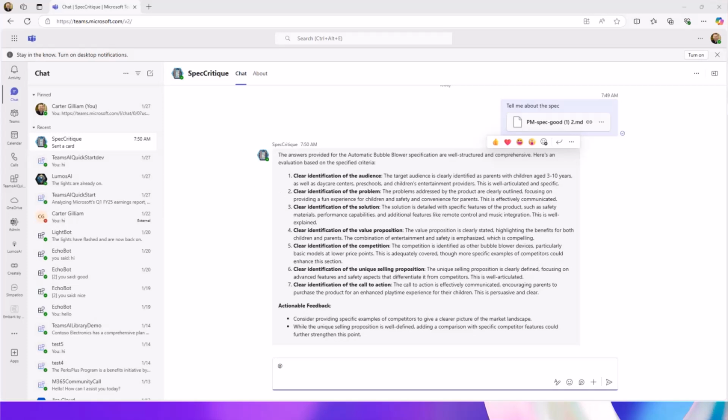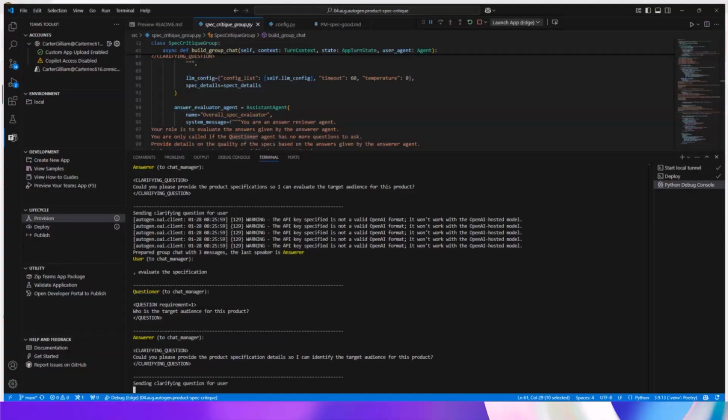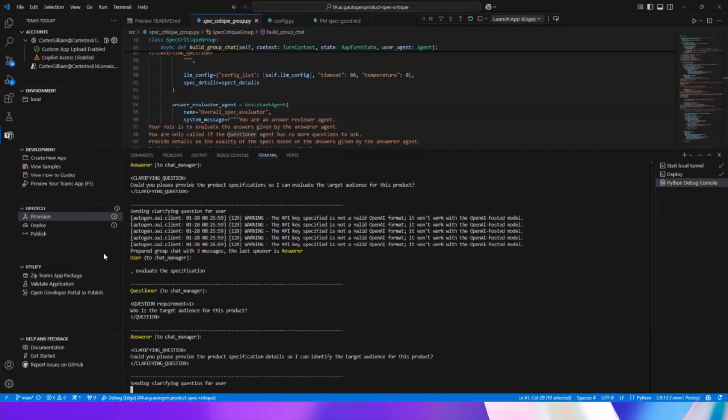And then I just wanted to go on to the very next part really quickly. So after you've gone through and built the agent that you want, you can go through the provision, deploy, and publish lifecycle in TTK, where if you're logged into Azure, it sets up the environment for you to then publish and set up your resources in Azure.